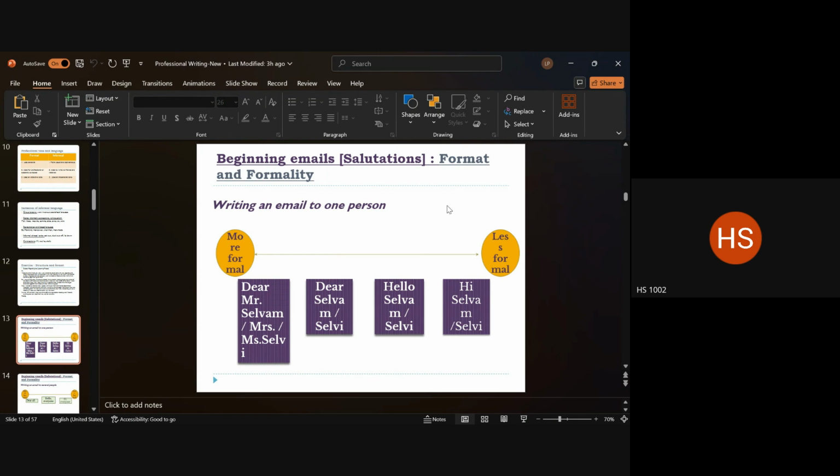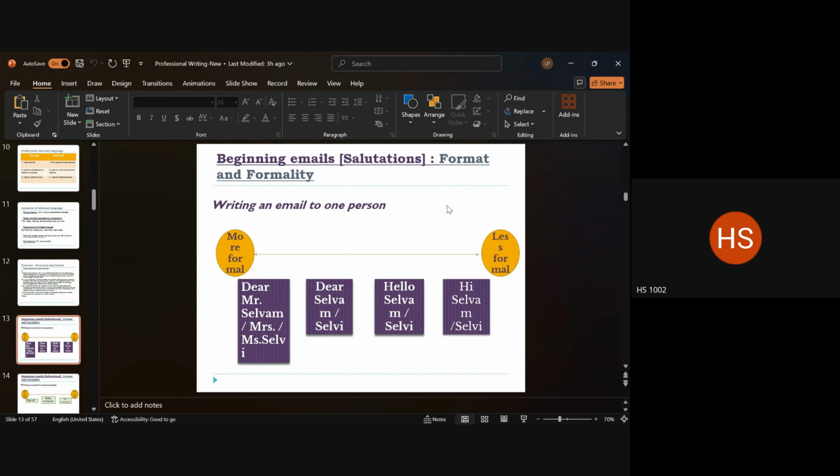Say someone who's superior to me. Say if my professor writes to me, they'll write Dear Lida, right? Because they are higher in the hierarchy and they're allowed to do that. But if my professor is writing to a student whom he is unfamiliar with, then even though he is a professor, he'll use the same format: Dear Miss, last name, or Dear Miss, first name, last name.